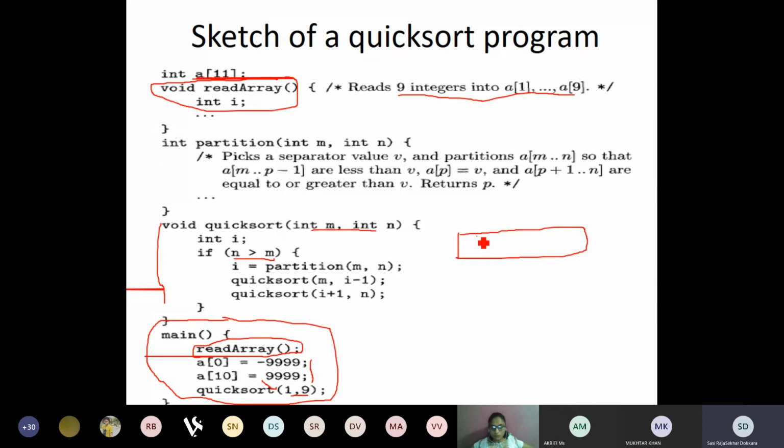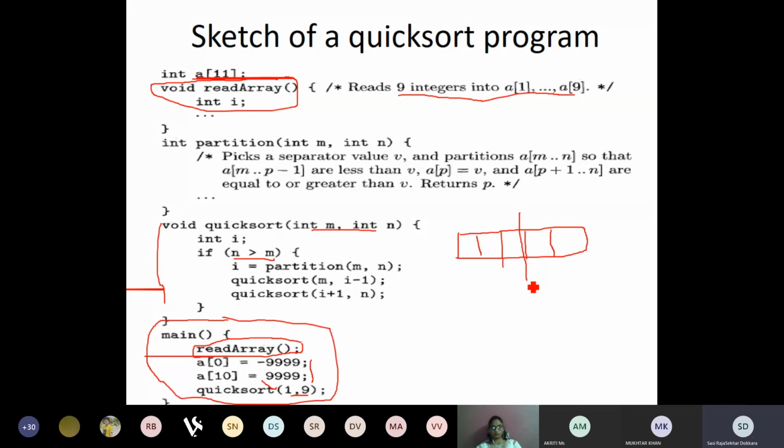Suppose now this is the array that we have. Such a beautiful writing, no? This is the array that we have, and each time what we are going to do is partition it, and whatever is partitioned, that is the one which is going to be sorted. Once completely sorted, everything is going to be kept in place.